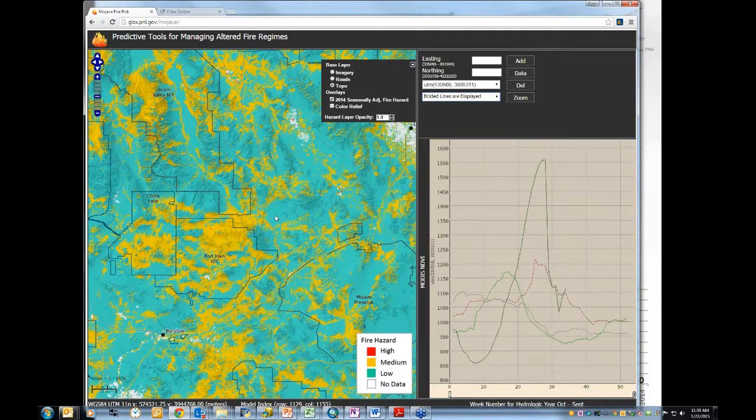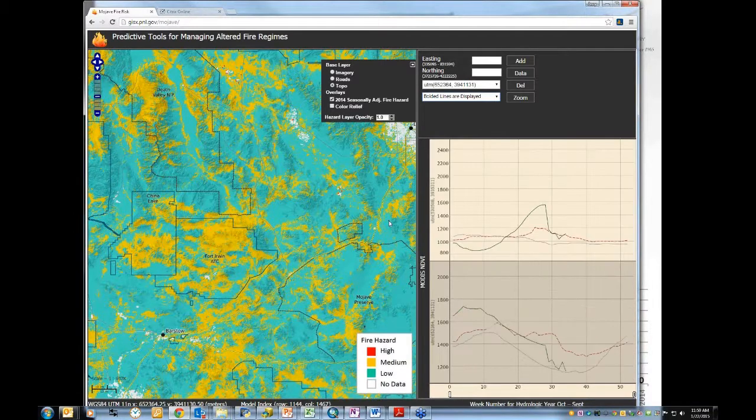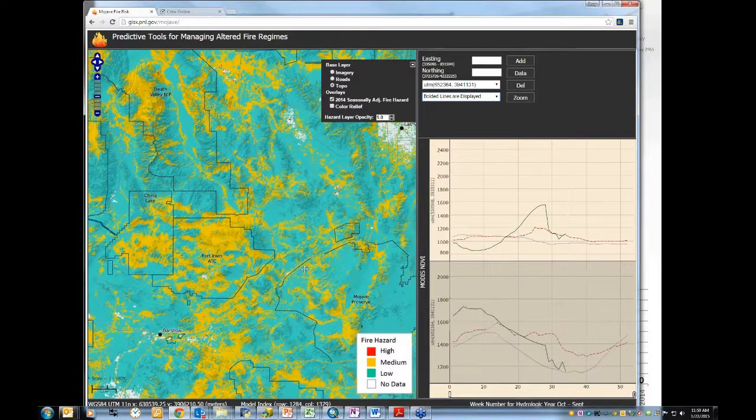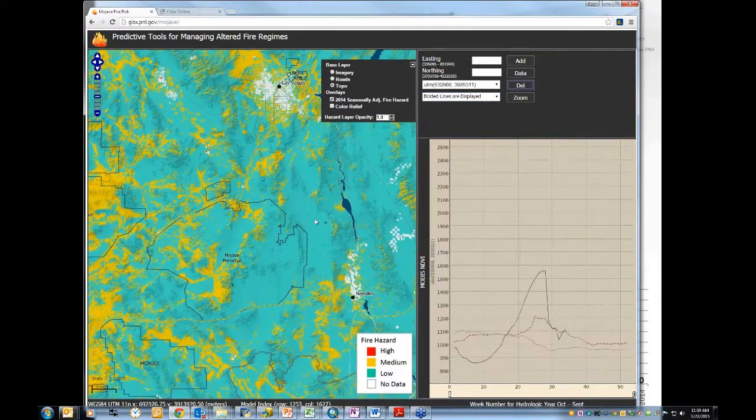And another one of the functionalities that I think is really exciting is being able to compare that to another site that you're maybe familiar with. You can compare it to another point in time you're familiar with. So I just clicked on another site that gives a much different picture in terms of the greenness development for this particular year. And the long term is relatively similar, although it's not a very productive site by the looks of it. Let me select another one that I know is,